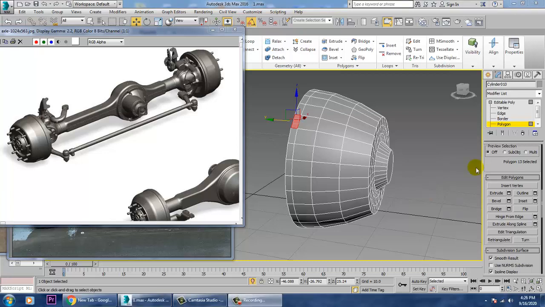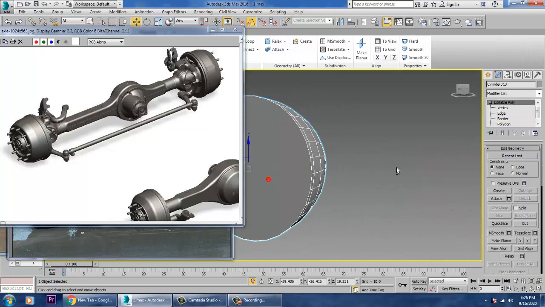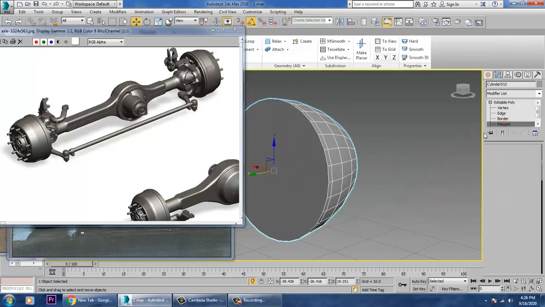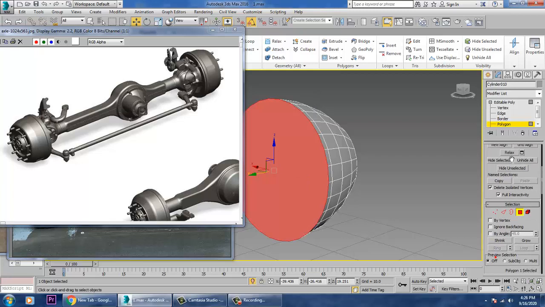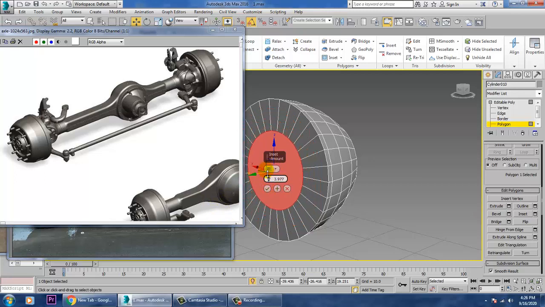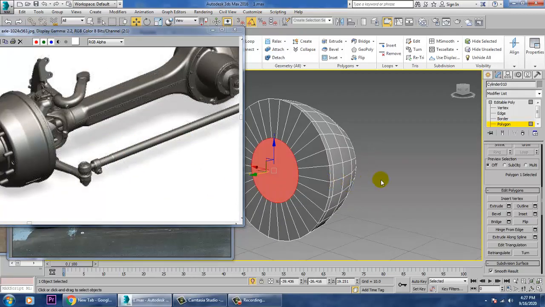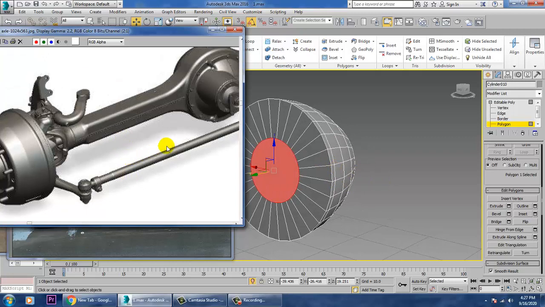So now we'll select this part, that's your polygons, and let's give a bit of inset over here. We'll definitely be assigning some inset. After doing this inset part, let's just extrude a bit.